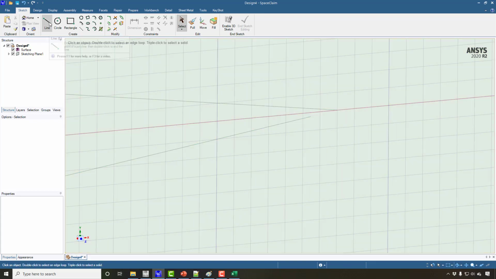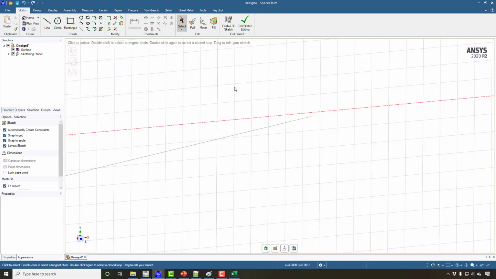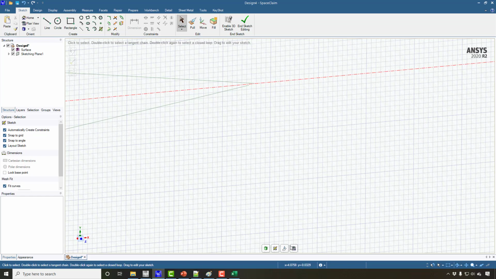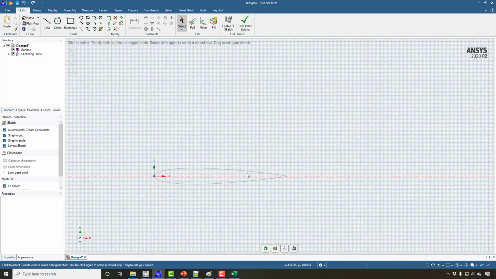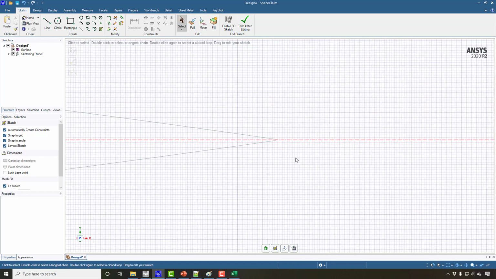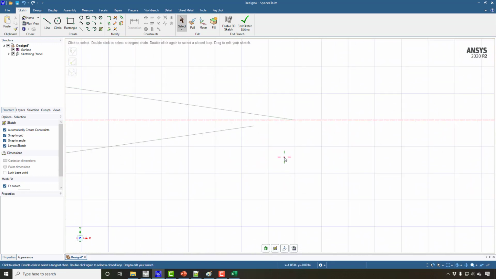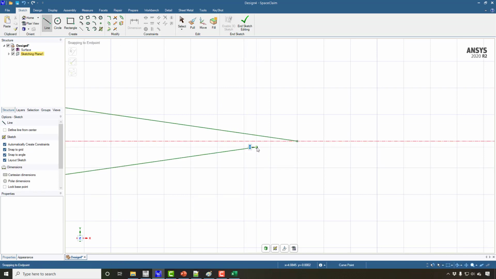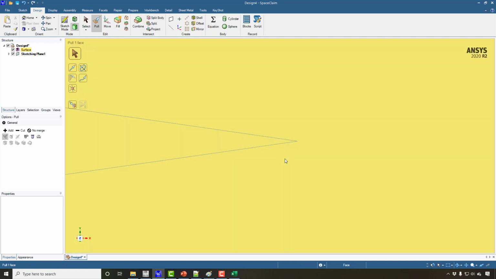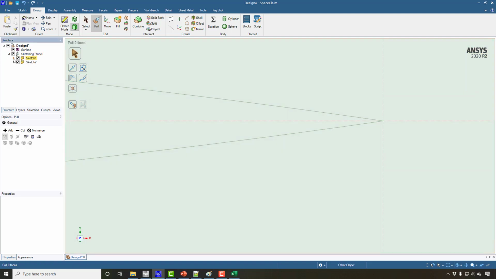So we can go to sketching mode, and in the sketching mode I can click on locate, and now locate this curve here, and I will close this curve. Either you can make it a square trailing edge, or you can make it a closed and sharp trailing edge in this way. And now you can end sketch here.